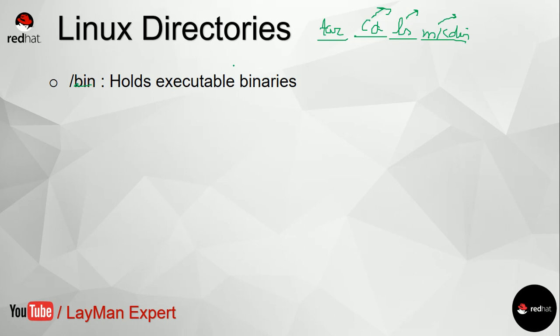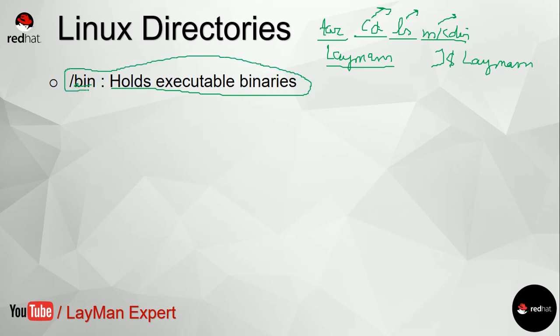Suppose you write a program in C language and create an executable binary of that and put your file inside this bin folder. You will find that you can execute that file. Just suppose I made a command named layman. Okay, layman is a file, and I placed it inside the bin folder. So I can execute this as a command. I will just type layman on my prompt, and it will execute as a command just like cd and ls. So this bin folder holds the executable binaries, and whatever you put inside this bin folder,